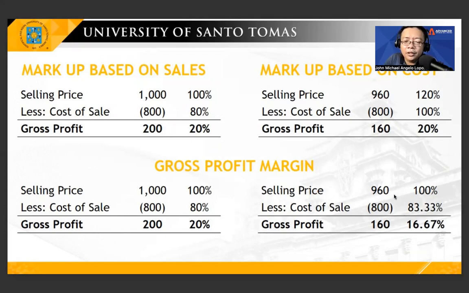Ito lang problema. Ito lang naman, no? 960, 800, 160. So, ginawa lang natin here is 160 divided by 960. So, you have 16.67. So, you have here 100%. Markup on cost kasi, ito ay 800 at 100% times 1.20. Ito na makakaiba sa dalawa. Okay? Okay. Ito kasi markup para makuha mo lang yung selling price. Ito naman yung usual na nakikita nyo sa income statement. Okay.